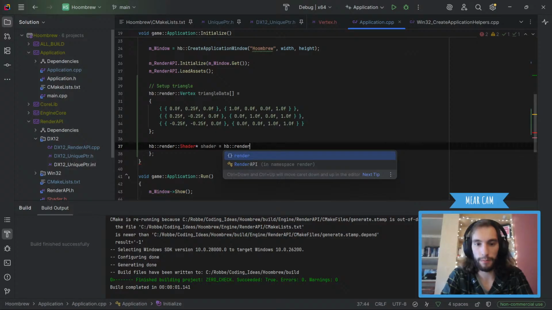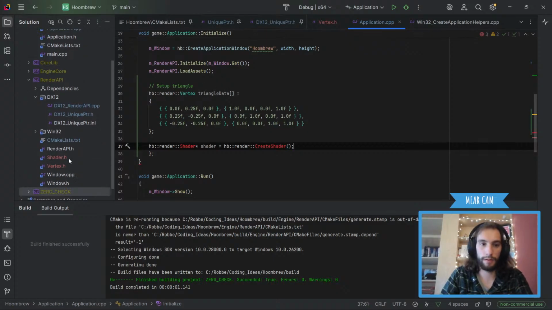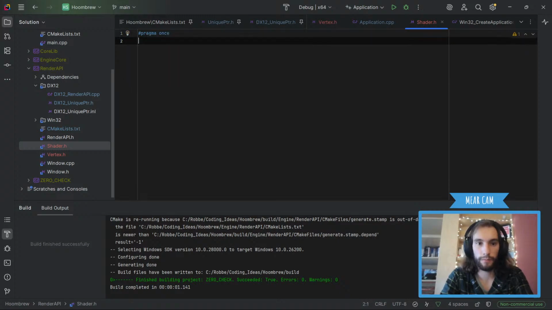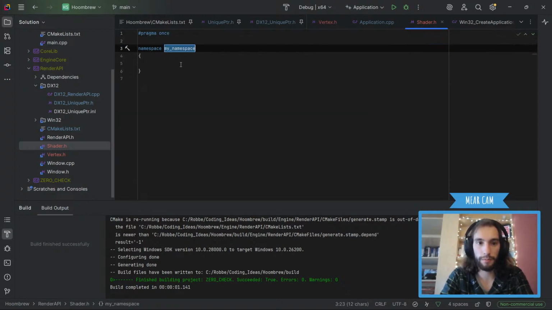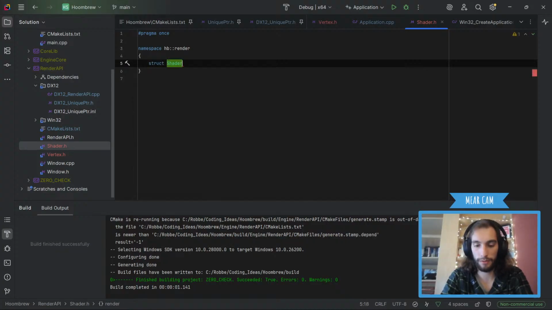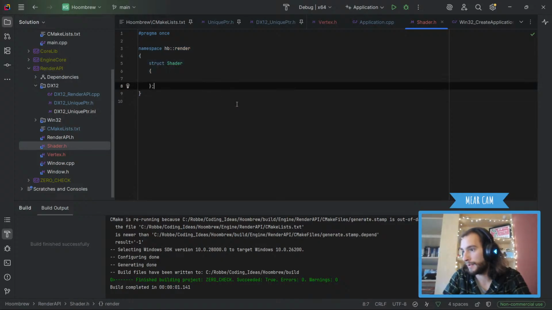I'm breaking everything at the moment. Okay, so this basic version, not sure what's gonna be in here. We're just gonna set it up. So the namespace, HP render, and we're gonna throw in a struct shader in here, and that's it. We're not putting anything in there yet.